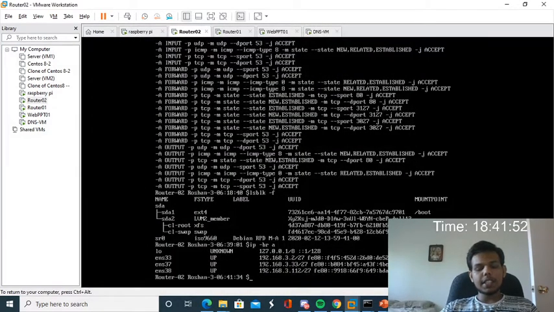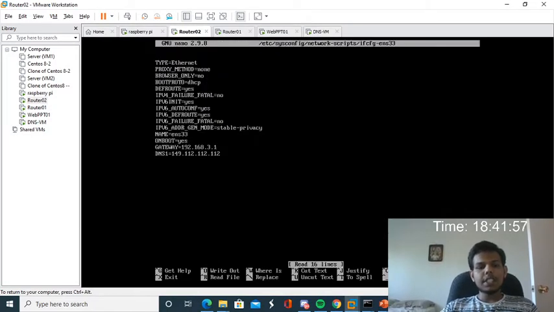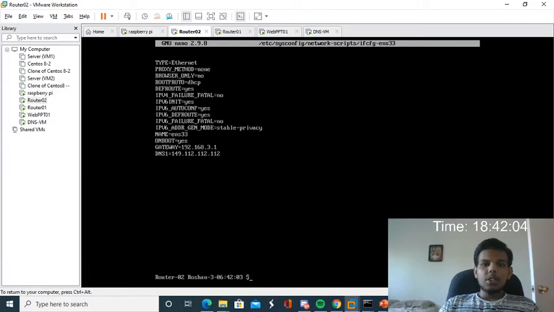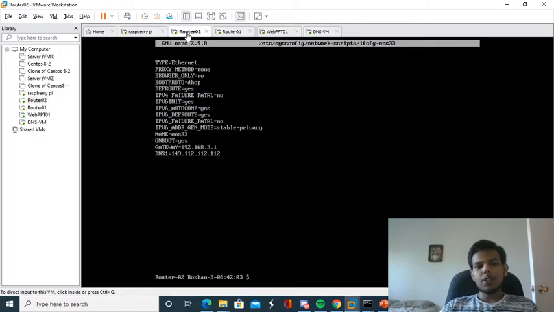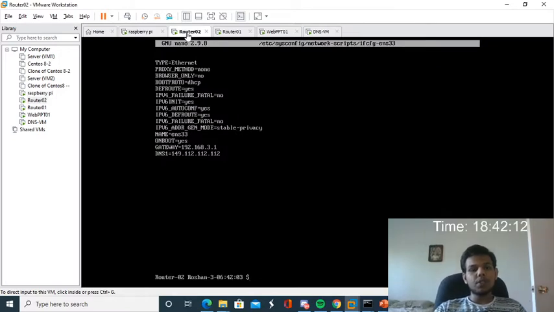And if I take the interface file here, it is connected to LAN segment 1 and I have given DHCP in boot proto and I have given the gateway also. So I have successfully configured DHCP and I'm getting the IP address for my first interface for router 2 from my Raspberry Pi.